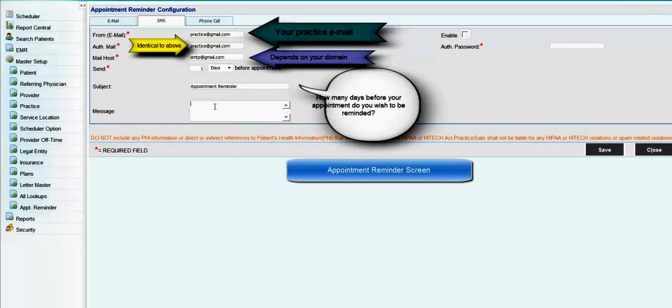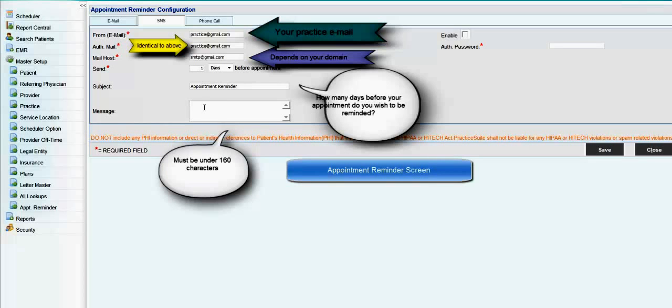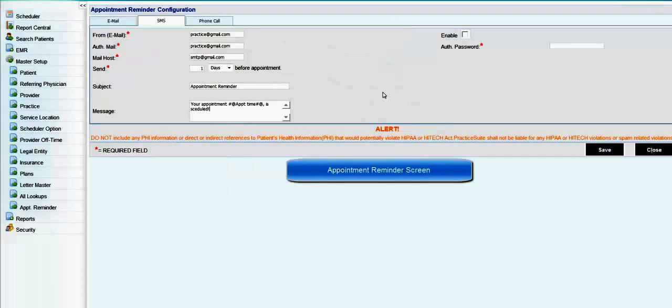Now, the important point to make when working with SMS or text messages is that this message must be under 160 characters in length. So let's keep it simple. Your appointment is scheduled. And now we have set up SMS so that this will send 1 day before the appointment via the phone